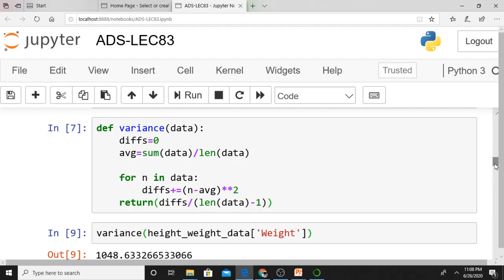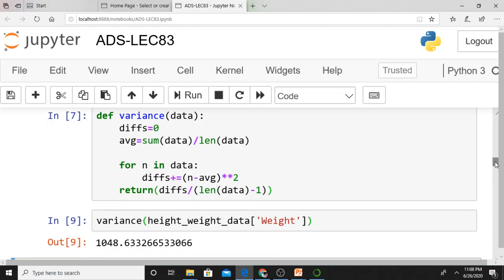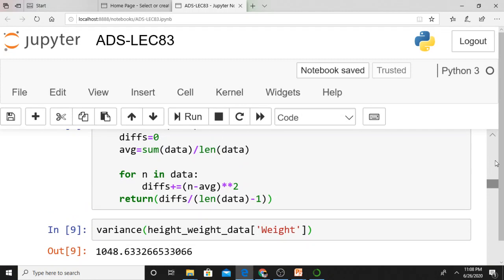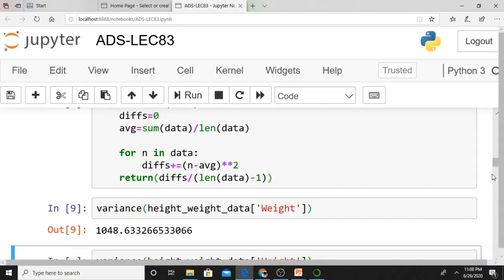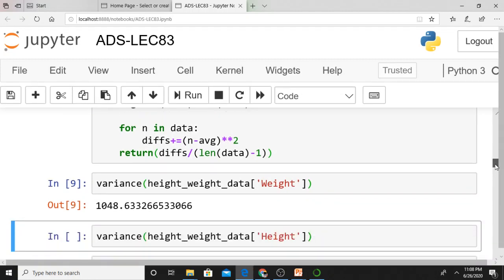Therefore, what is your variance? Your variance is 1048.63326. It's simple, anybody can understand. Even if you want, you can invoke variance on height_weight_data, height column.